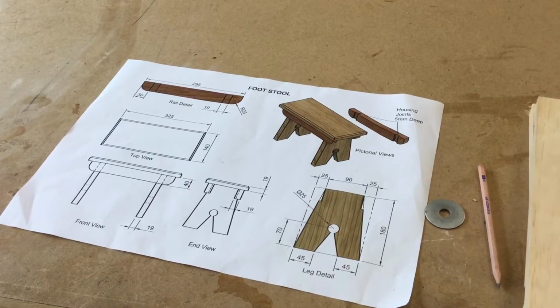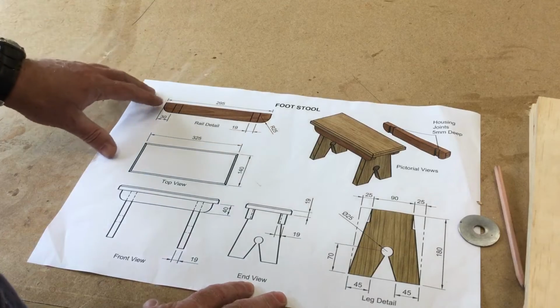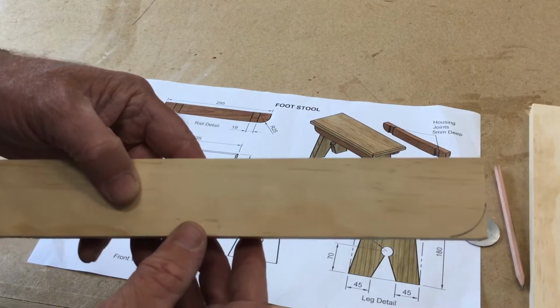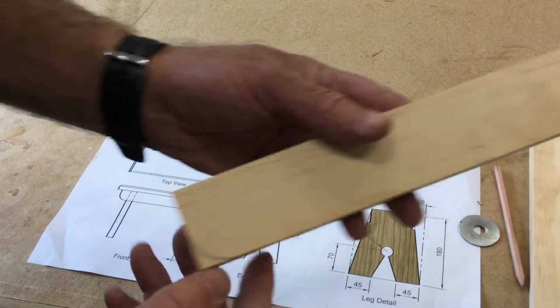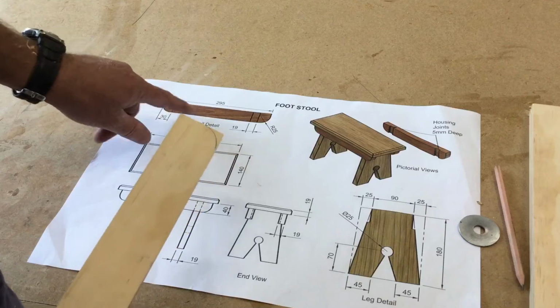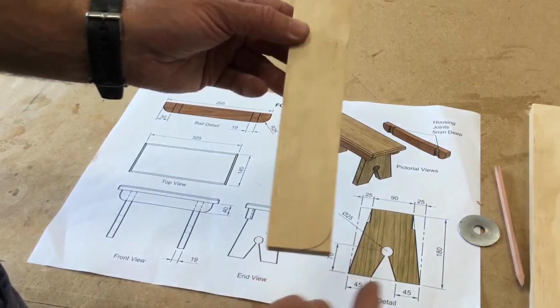Okay, in this video I'm going to show you guys how we do the rounded corners on the rails. It's going to be marked out like this. We're just going to mark the radius on each corner. It is going to be important to examine the plan and work out which of the four corners have the